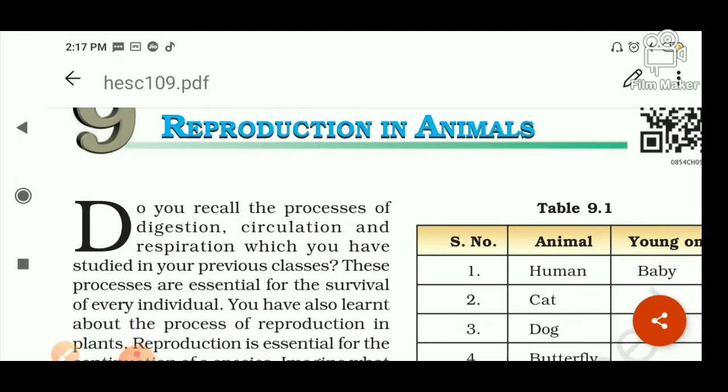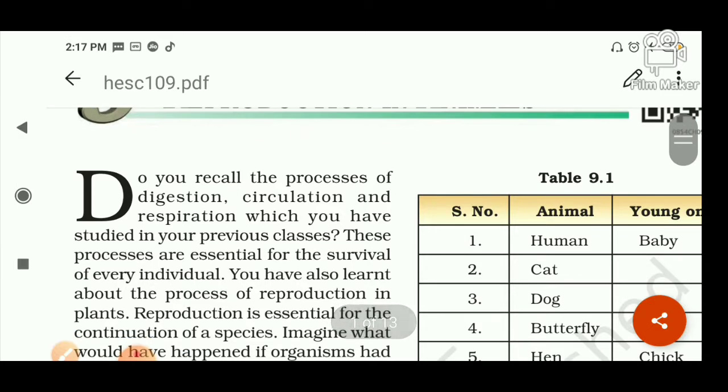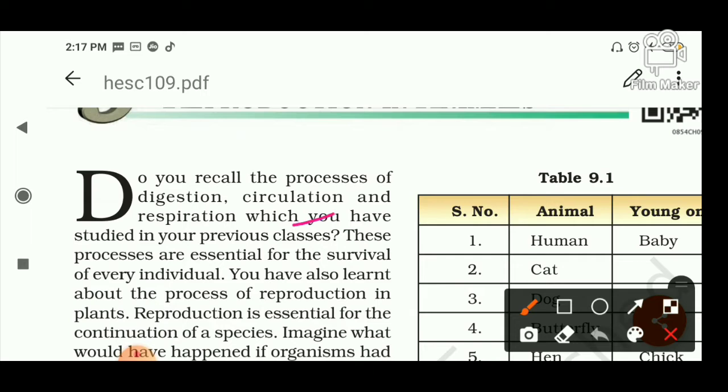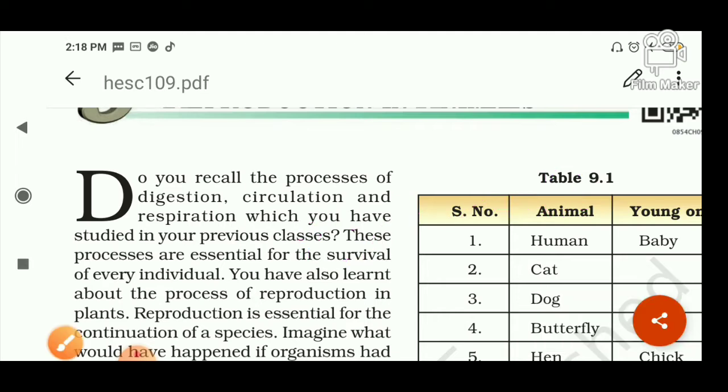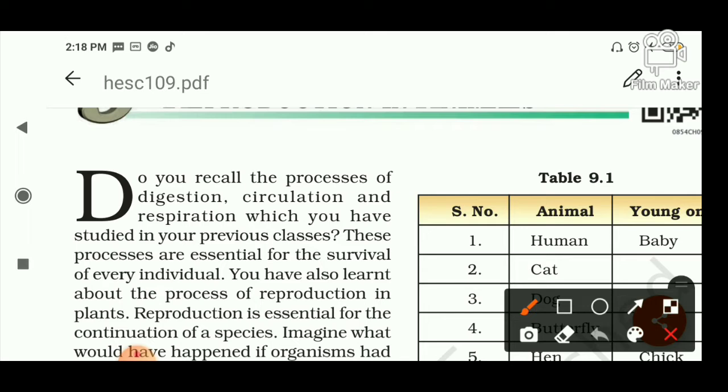Do you recall the processes of digestion, circulation, respiration, and one more, that is called excretion? These are some physiological processes which take place in our body, which are very essential for the survival of the organism. You have also already learned the process of reproduction in plants. So we all know reproduction is a process by which